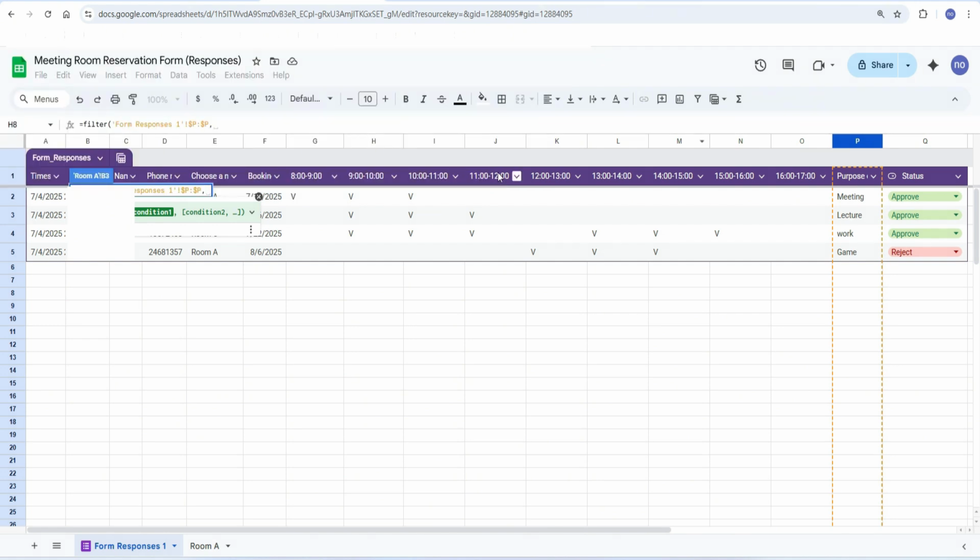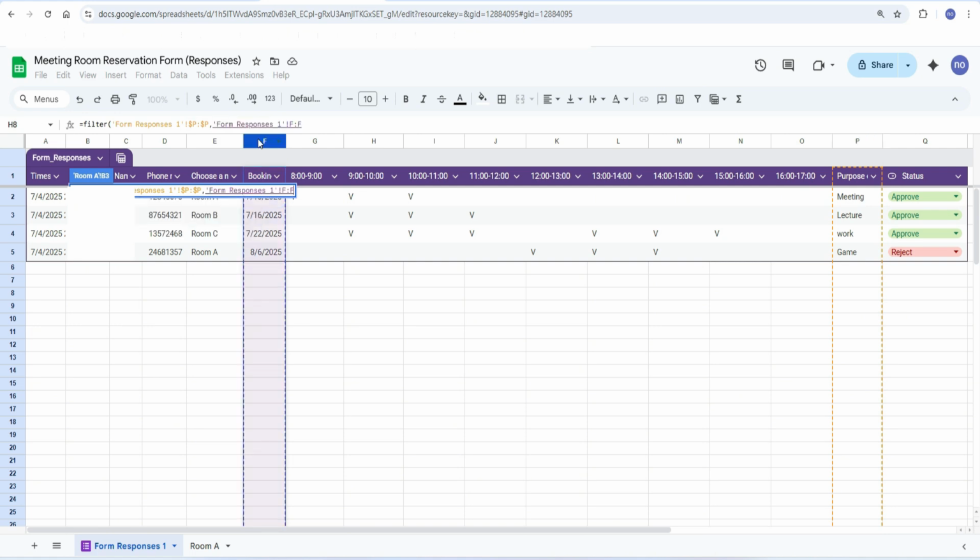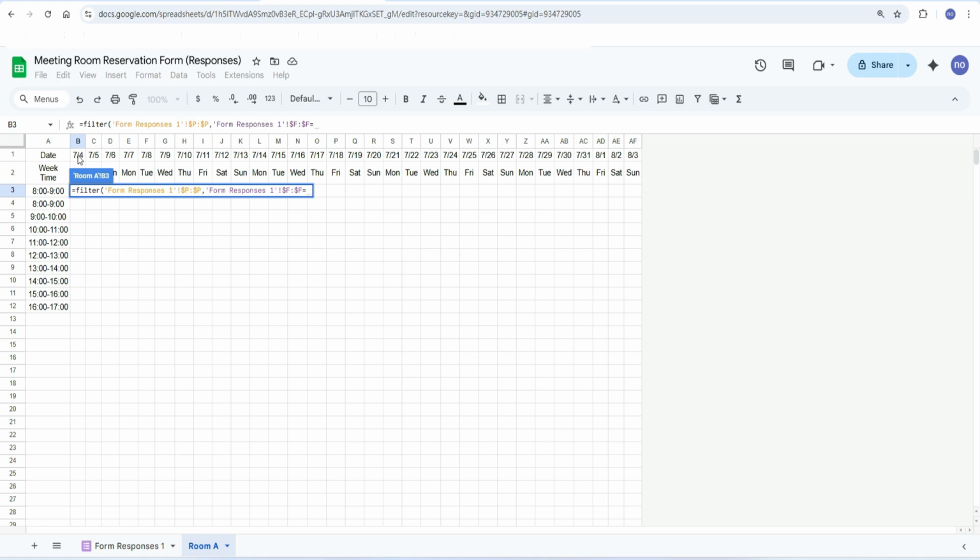Then the dates must be consistent. So I'm going to choose a date here. The data will be locked as well. Dates must be the same day to be eligible. Then you need to lock the first row. Avoid pulling down and it will bring in the wrong information.